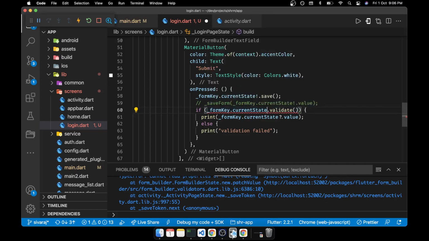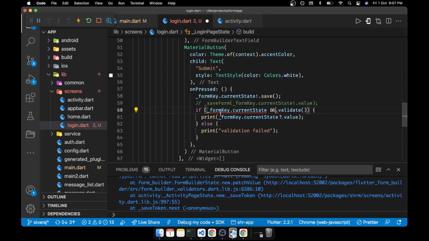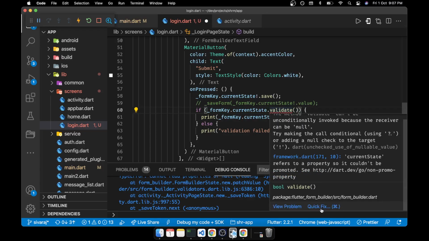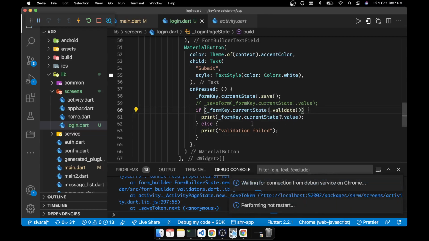Okay, maybe they might ask us to use it like this. Oh, the exclamation point, to check whether the given data are null or not.